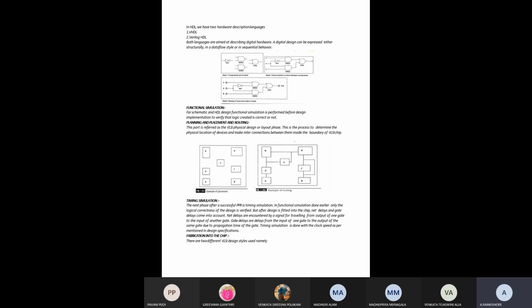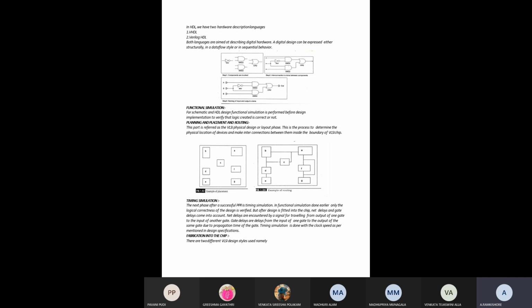And the second one is Verilog HDL. By using these languages, we describe digital hardware. A digital design can be expressed either structurally, in data flow style, or as sequential behavior.